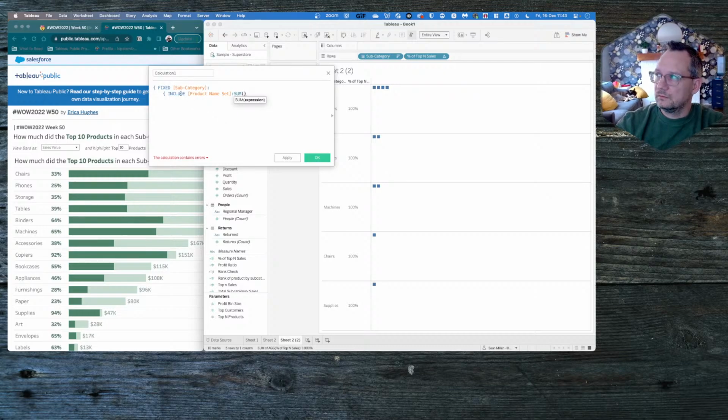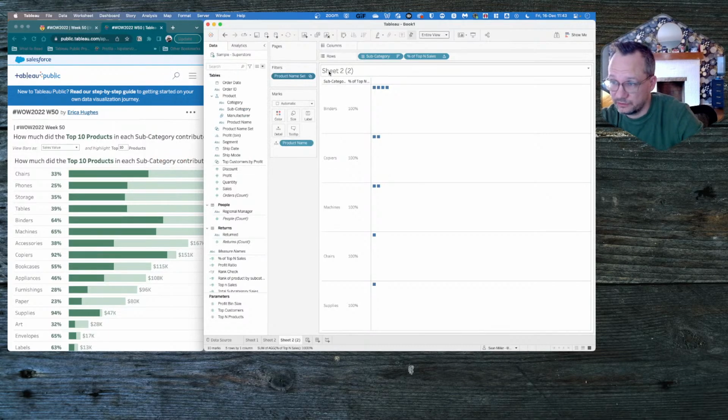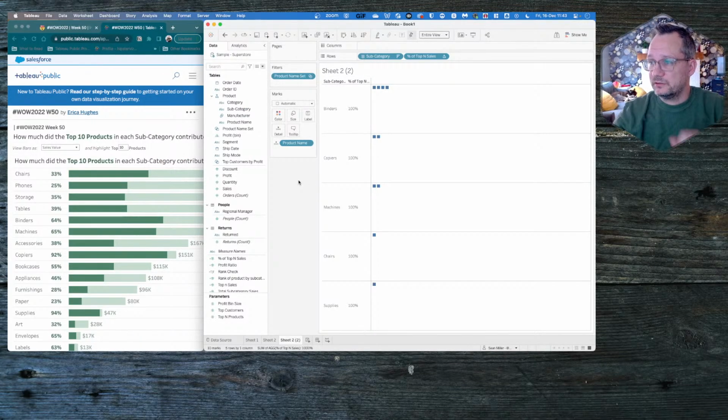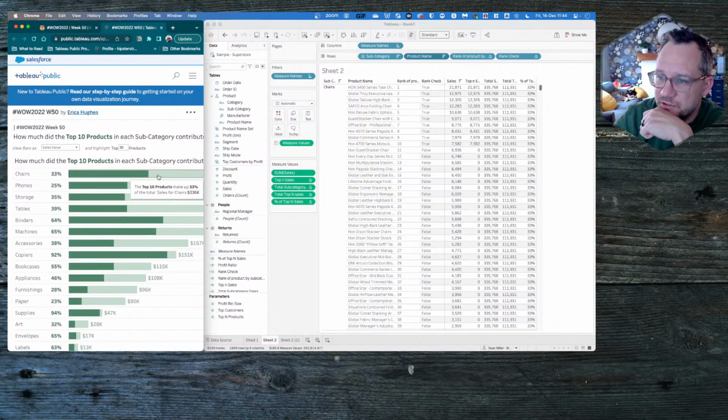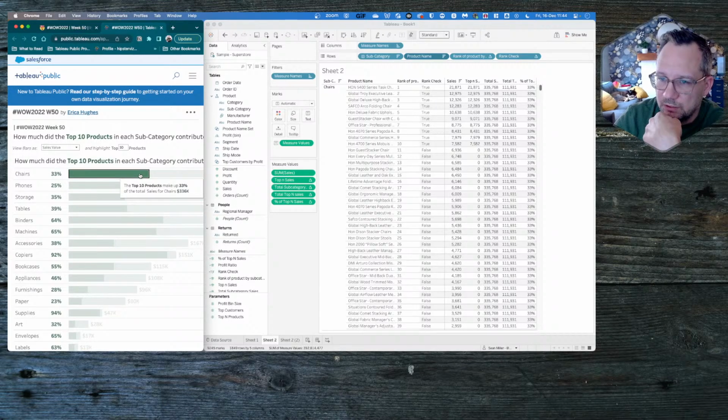We'll do exclude. Well, that's not going to work. Well, I guess what we could do. No, it's not going to work because we still only have. So you really have to figure out how am I going to do this by product while keeping, because what she's got here, you can see these are bars, right? So she's kind of doing a bar and bar. I can see that because it's a bar on top of a bar. So she is able to figure out, is that a